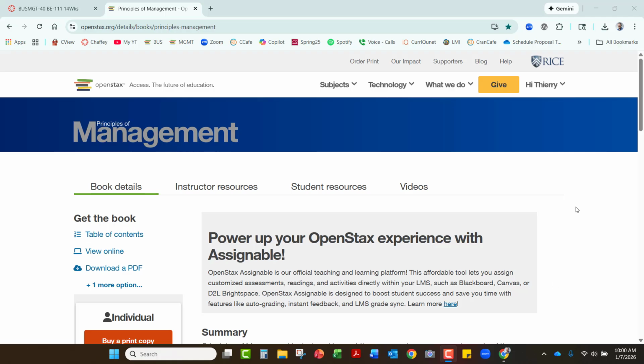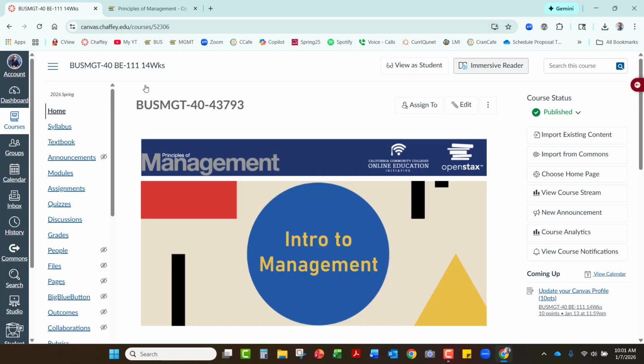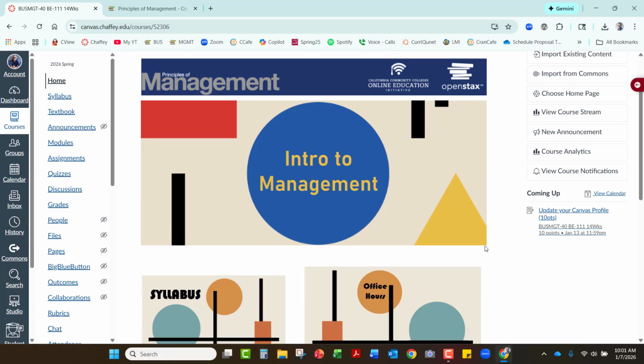Okay, so here we are. What we're going to do now is see how to import quizzes from the OpenStax management textbook into your Canvas course. My Canvas course is already set up, and all I need to do now is